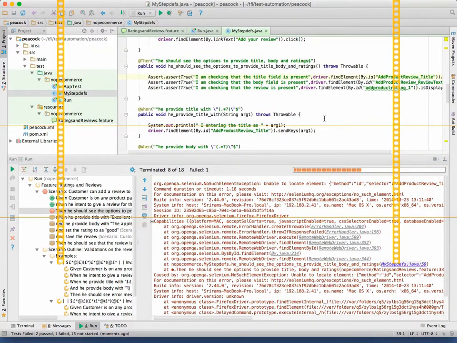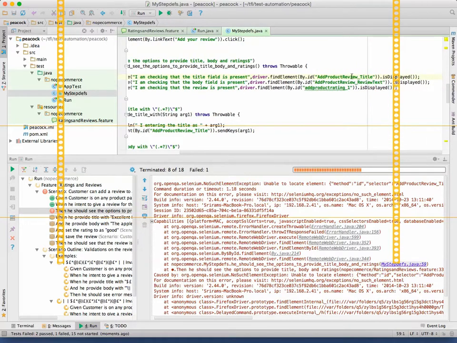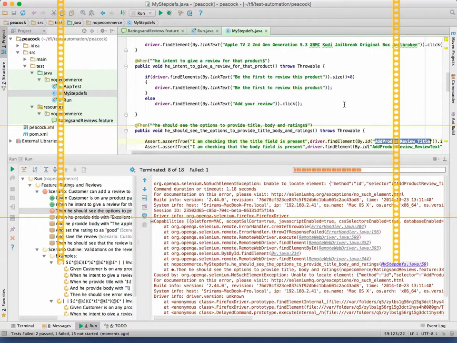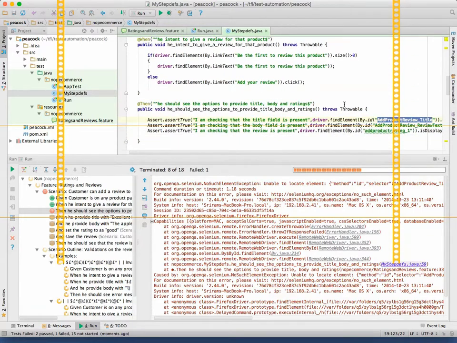Checking that this added preview is displayed. Add review title. Why has it failed? Okay, I'll give you a tip. You can do debugging. How to debug: you put your mouse here, be very careful, put the mouse here, and you will get to that point. Now instead of running, put a debug. It's a small bug, right? Debug is actually nothing to do with a bug. Debug is nothing but running in a very slow manner, stopping whenever we want.